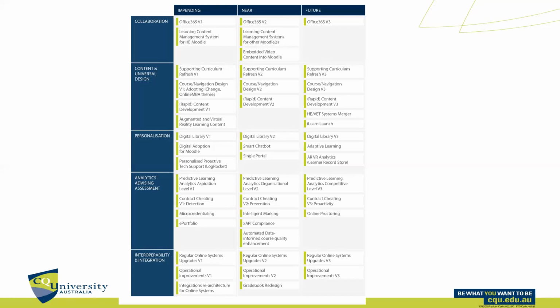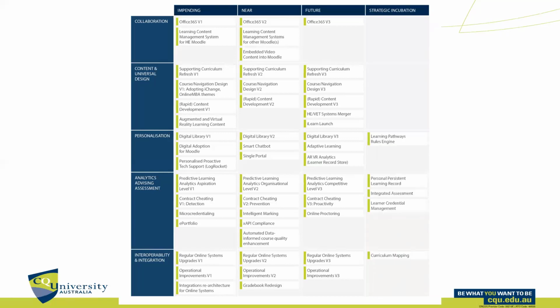We are doing a pilot of micro-credentialing and trying to replace also Mahara with a new version of an e-portfolio with another vendor. So that's under that micro-credentialing banner. And of course, the last row, that's really plumbing. We're keeping our systems up to date, upgrading them, making them better bit by bit. So it's largely invisible, but very important. And one of the things that I wanted to point out, there's another column called strategic incubation.